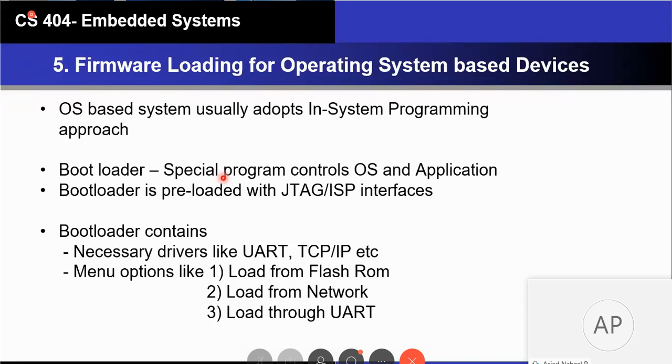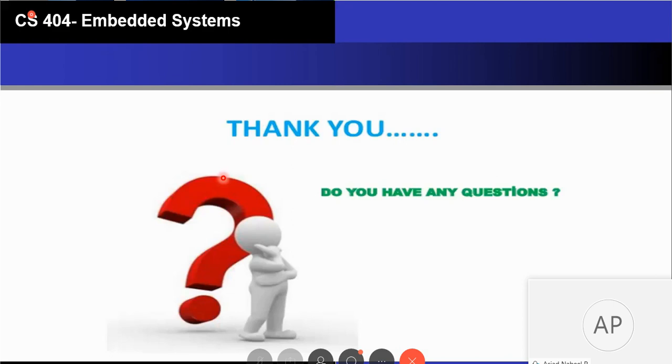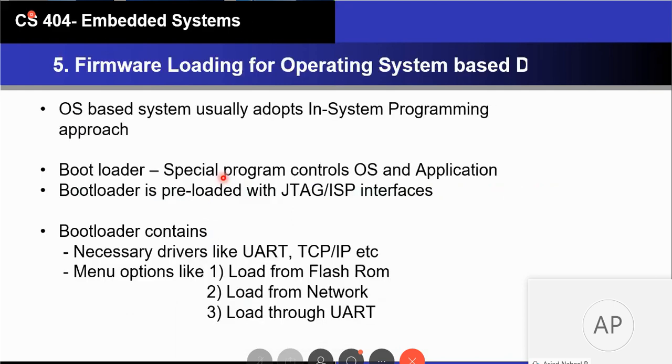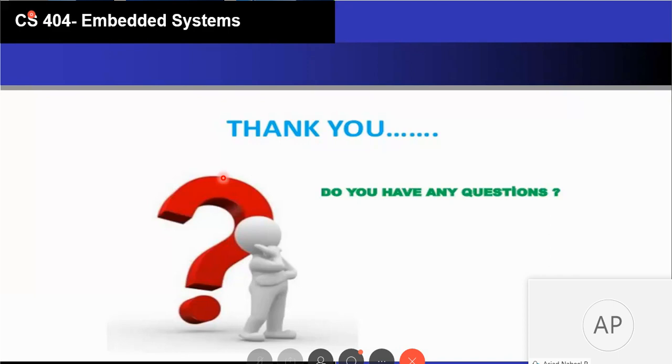The firmware updating in the operating system can be divided into different levels. The first one is the basic bootloader loading. The second one, the bootloader loads the OS, and the OS updates whenever it requires. The third layer is the application program, which can be the basic features associated with the user interface. The next higher step can be very high-level application programs, like WhatsApp, Facebook, something like that. Likewise, the embedded system-based operating system can be updated. So I think we are concluding now.